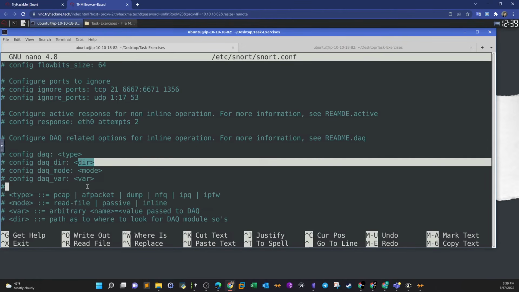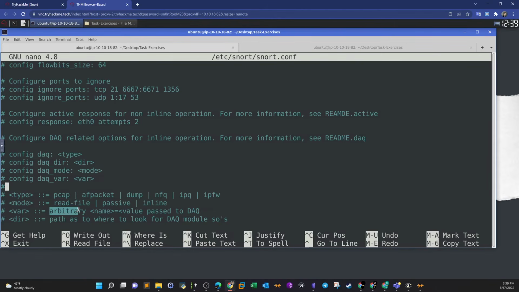Now this is directory, and lastly we have the variable. As you can see, you can name it arbitrarily, you can specify any name from here, and once you specify the mode and the type, most importantly these two variables,